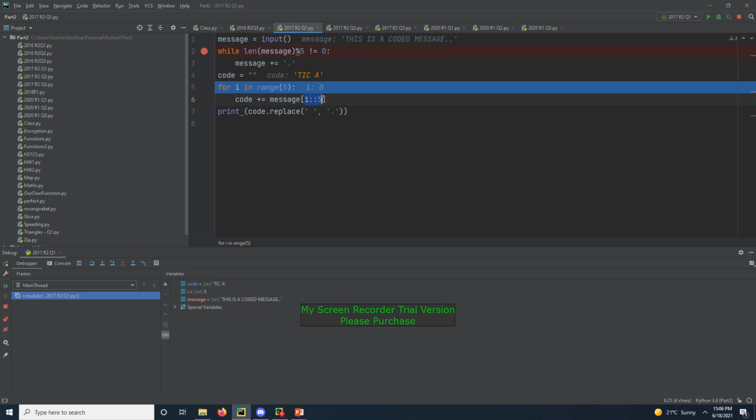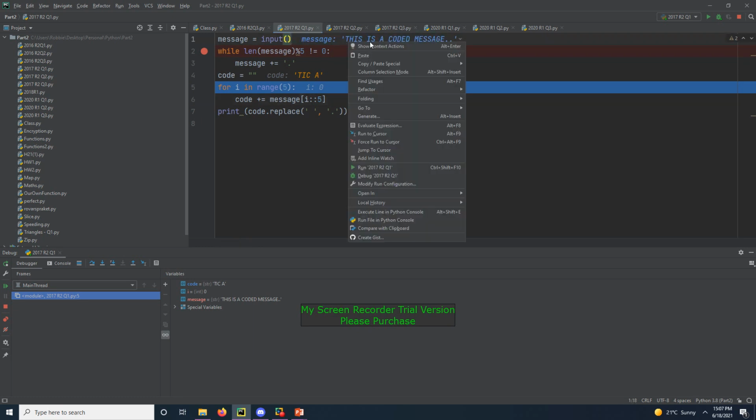Because as you remember, in Python, when you write an index, let me quickly show you. If I just said I, then it means, if I is 0, we will just take the 0. We will take the T. If we add this, the last one will be our step. So the first one is where we start. The second one is where we end. So if we said, for example, I to 5, then it would take everything from T all the way to